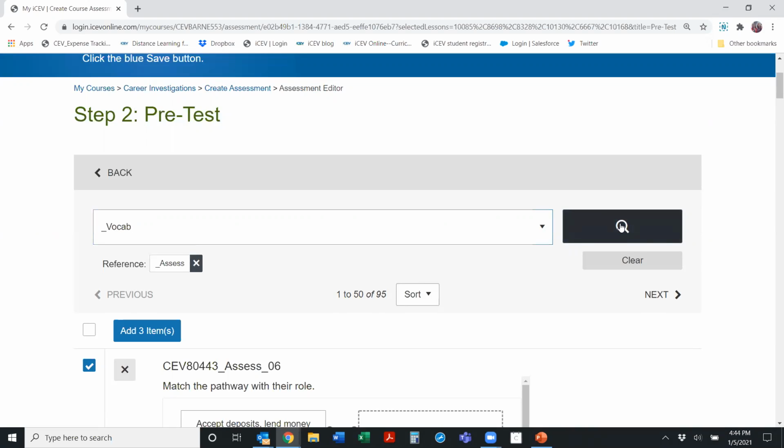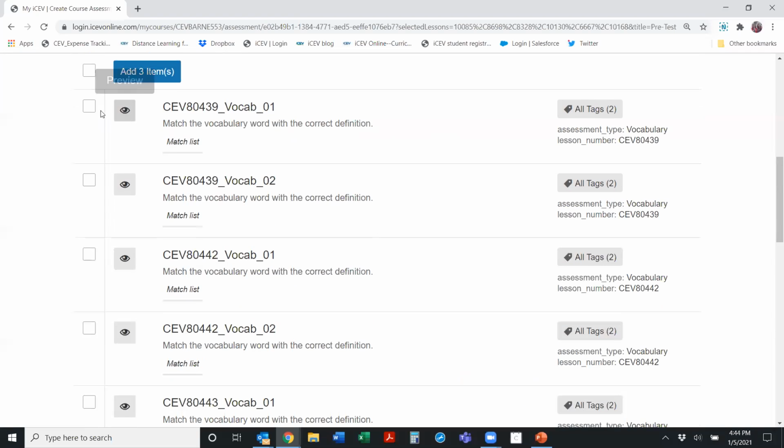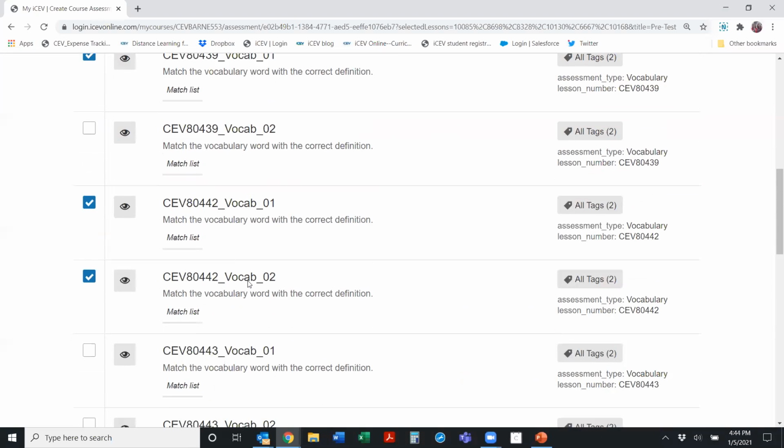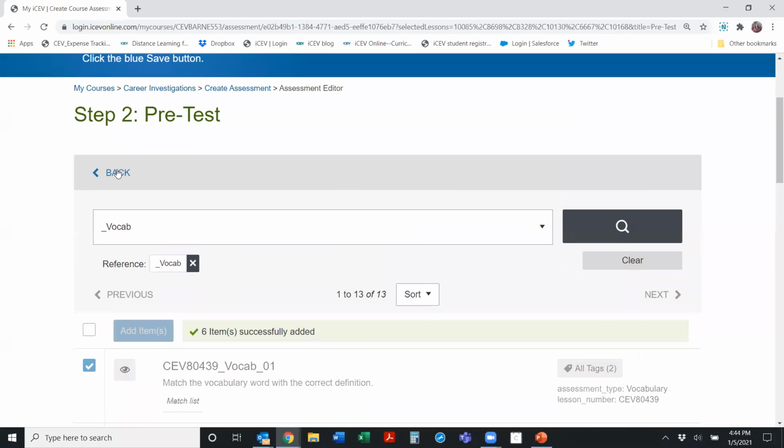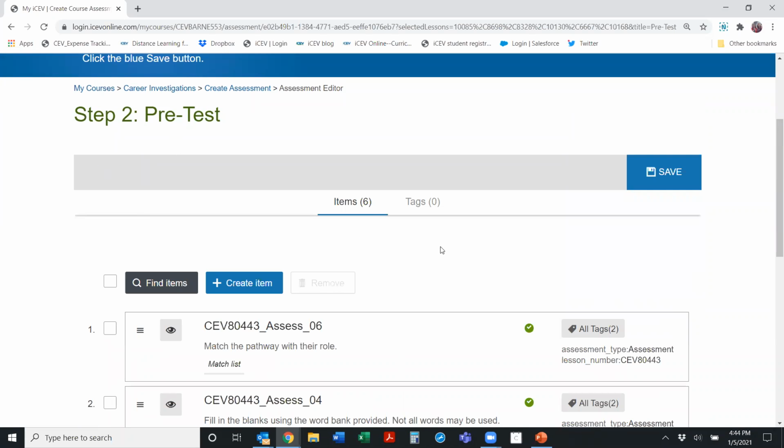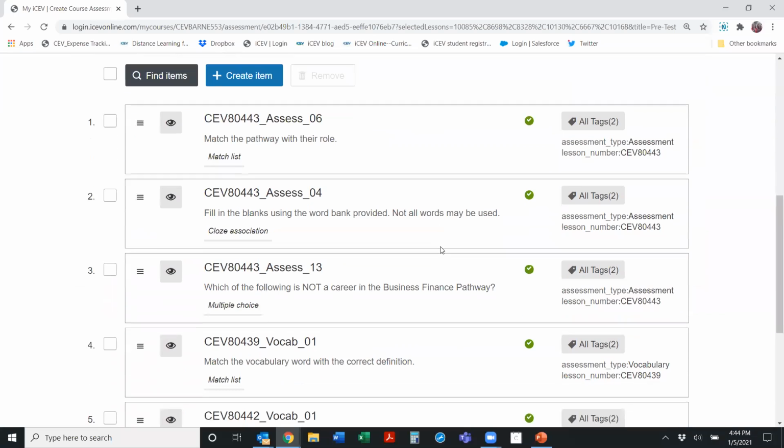Then I'm going to click search, and I can choose some. Let's pretend I decided these are also ones I want. So now I've chosen 6 items all together, and I'm going to click add 6 items, and it tells me it was added. Then I go up here and click back, and there are all my questions.